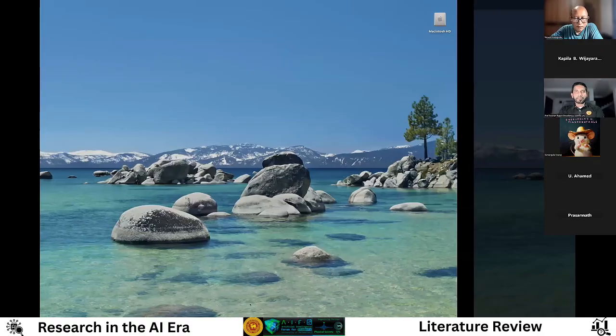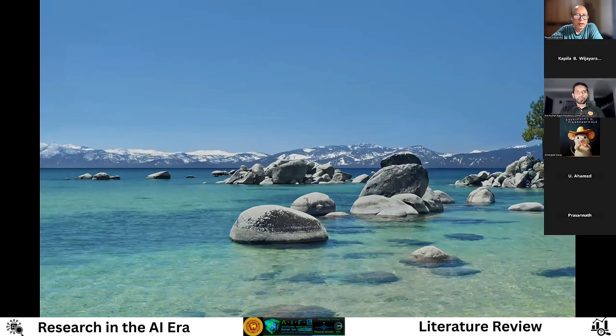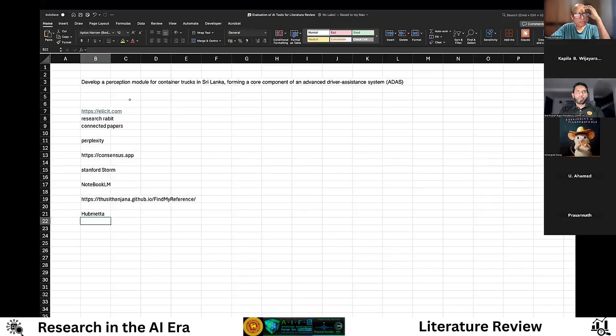Shall I go to a demo, Roshan? Please, yeah. So let me just show you. I think some of you may be aware of these tools. I have a few listed here. One of the things is to extract data out, and there are a couple of tools that are out there. So as you mentioned, Roshan, one very good place to start